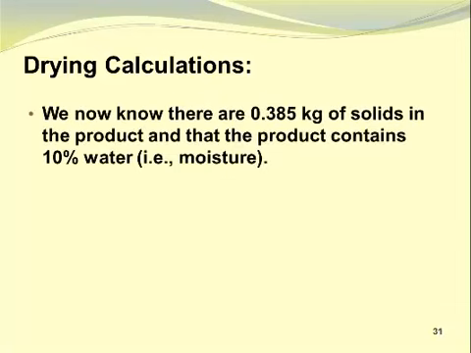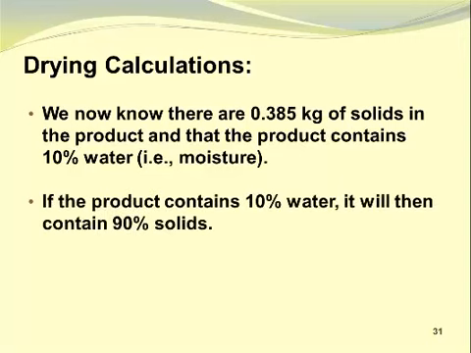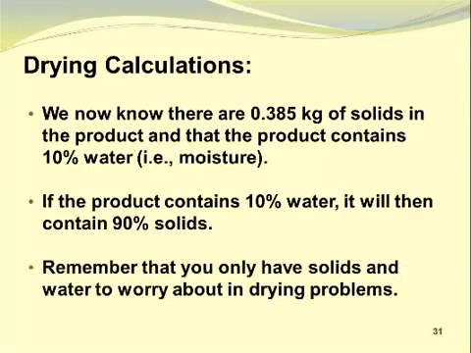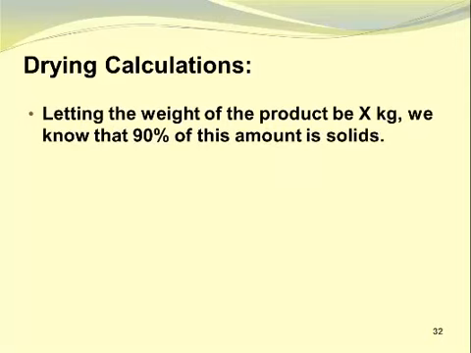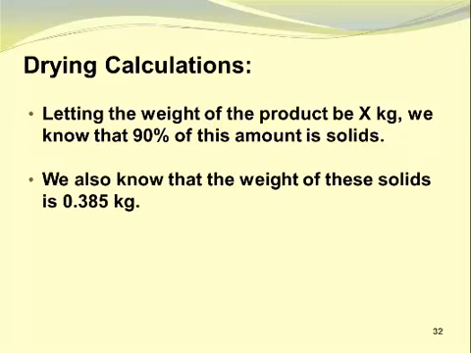But we're getting there. So we now know that there are 0.385 kilograms of solids in the product, and that the product contains 10% water, or 10% moisture. If the product contains 10% water, it will then contain 90% solids. And remember that you only have solids and water to worry about in most drying problems. So letting the weight of the product be X kilograms, we know that 90% of this amount is solids. We also know that the weight of these solids is going to be